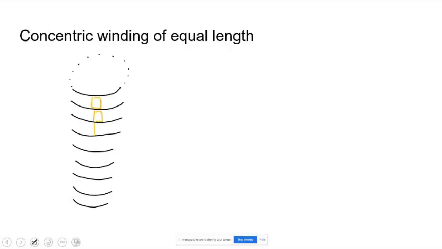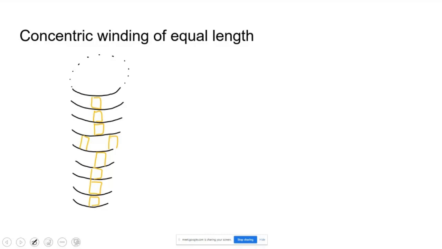So I am drawing these spacers. Actually, they are not exactly one below the other. You will have some gaps, and they are like this. Just as an example, I am drawing here. So these are all spacers. Spacers will simply keep the winding in its position, and these black lines represent turns.